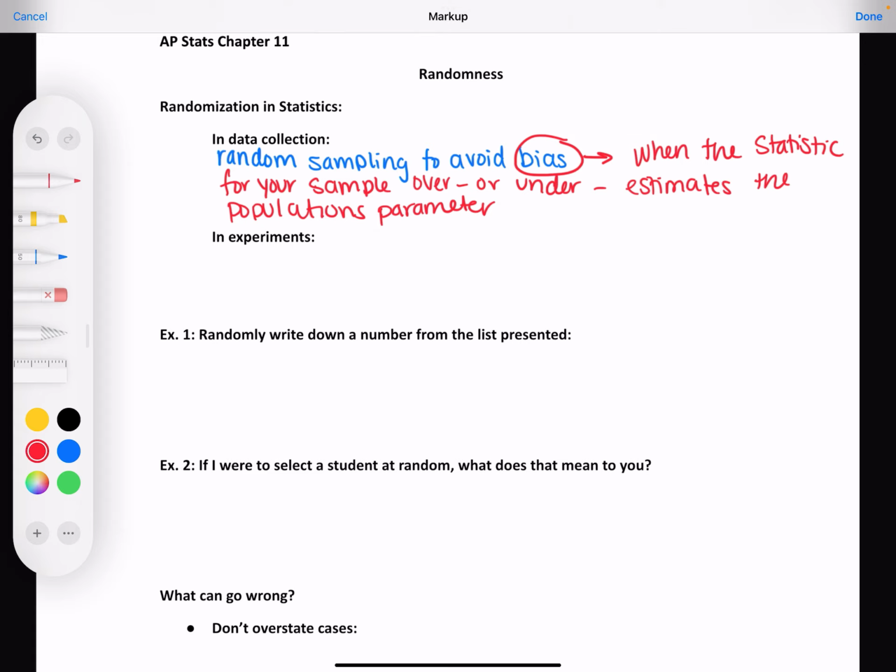In experiments, random assignment of subjects to treatments.